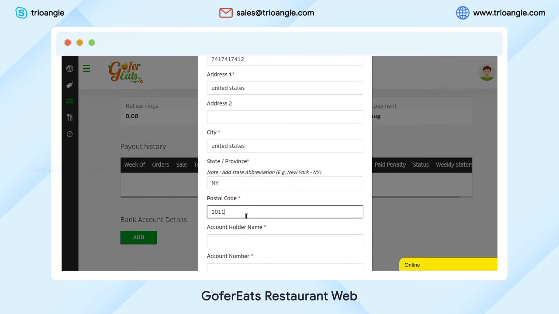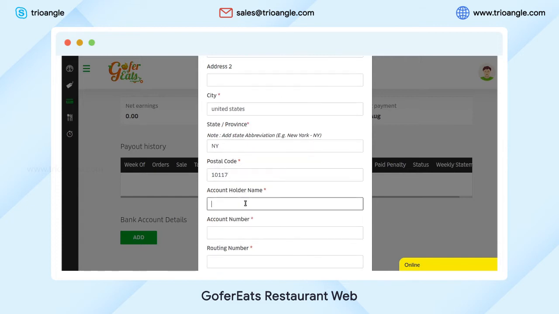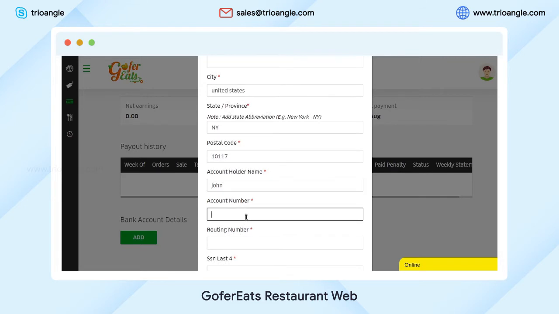I'm going to enter my postal code, account holder's name, account number,